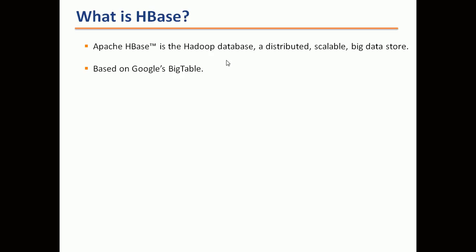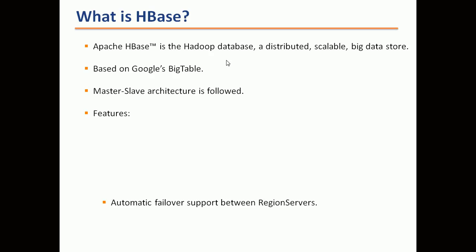HBase is based on Google Big Table. HBase is a column oriented database or data store. It also follows master slave architecture. It gives a set of features. Linear scalability. So if you